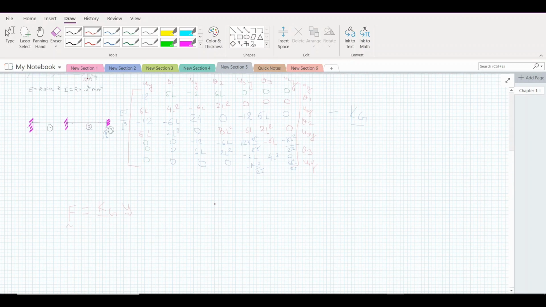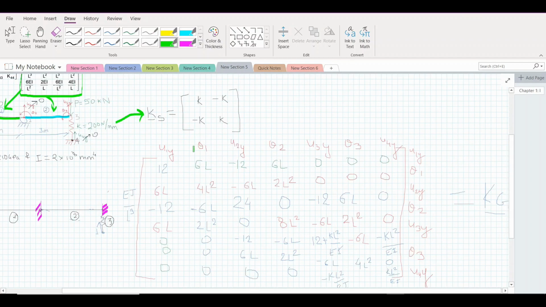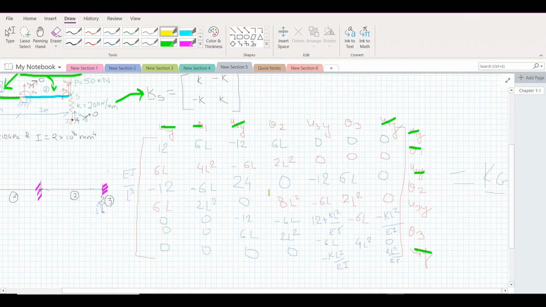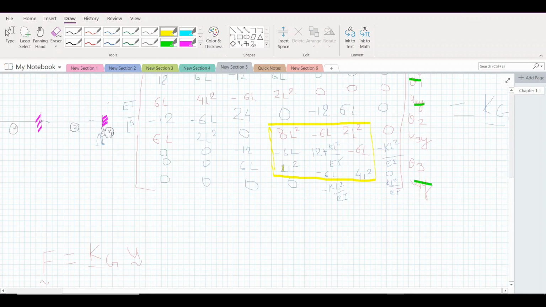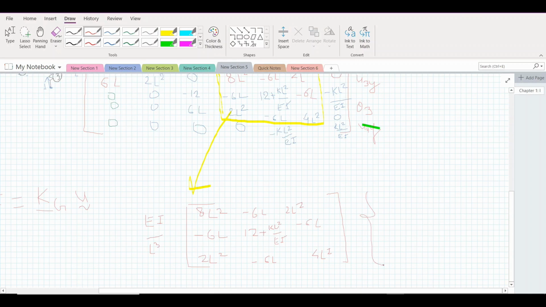So your boundary conditions here will be u1 equals 0, theta 1 equals 0, u2 equals 0, and u4 equals 0. When you check here, this one is 0, this one is 0, this one 0, u2y 0, 0, u3y, and u4y 0. We are left with this portion here. Copy this portion down and put the values in, which will be multiplied by theta 2, u3y, and theta 3, which will be equal